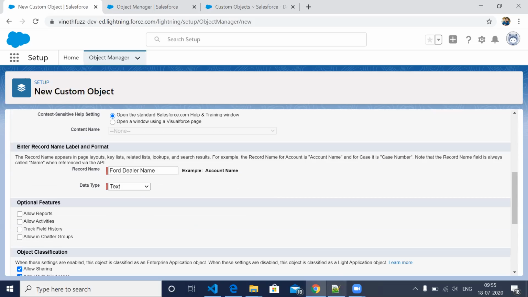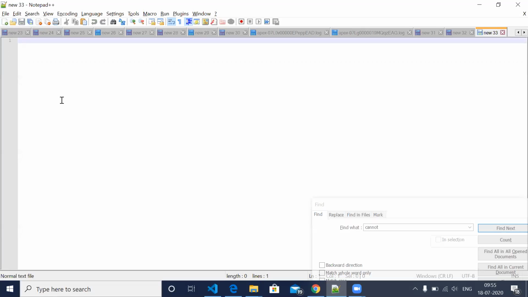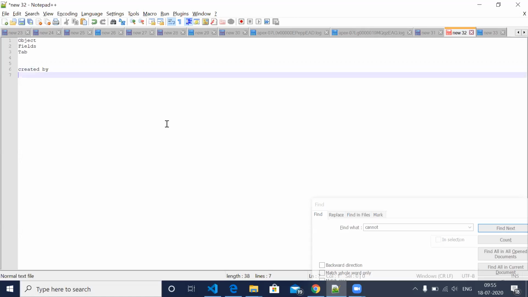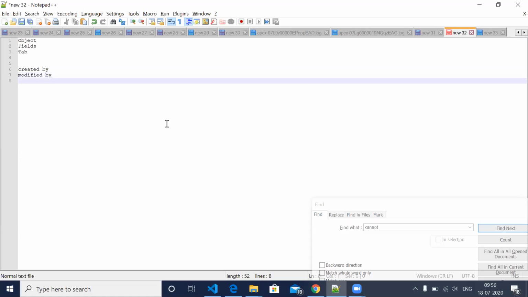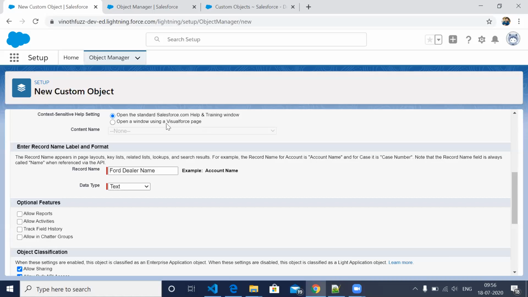There are extra fields like created by, modified by, created date, modified date. Like this, there are 7 fields. All these fields will get created automatically whenever you are creating a new object.